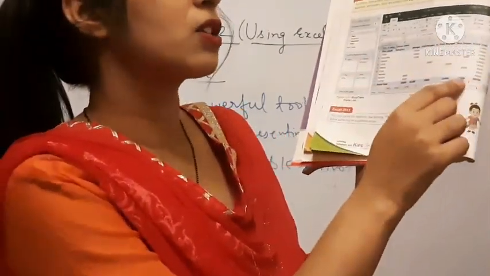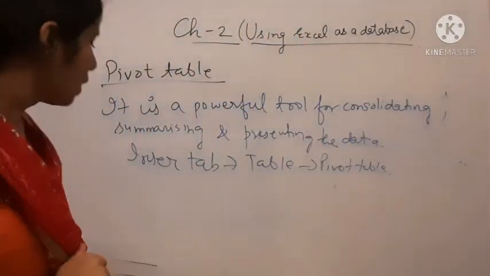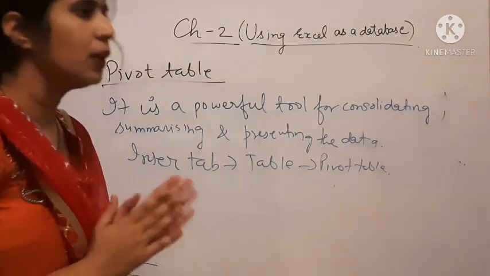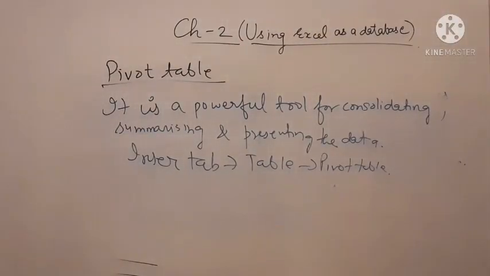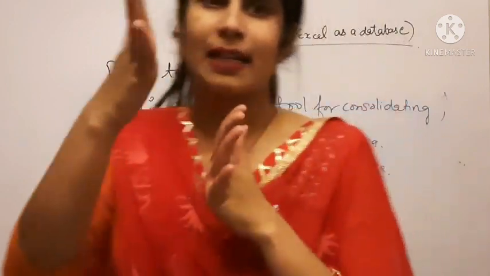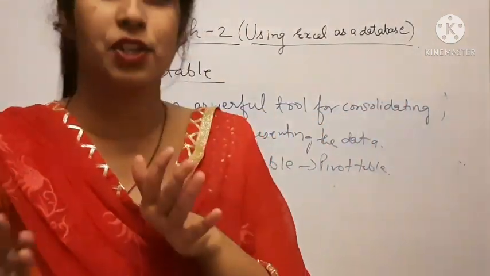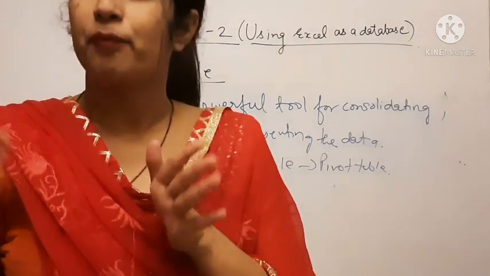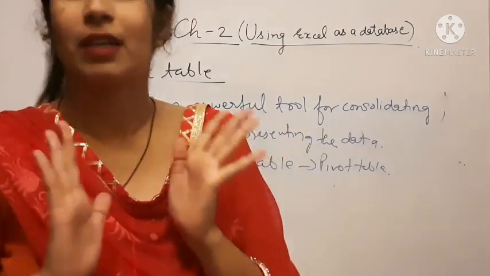So they have consolidated the data that was given to us here. Okay, so in the pivot table, what we do in the pivot table, we summarize the data so that it will look and presentation will be better. Okay, so here they have just categorized the row and columns, and then they have given us differentiation about the specific departments and the salary. So in this way we can manage it.